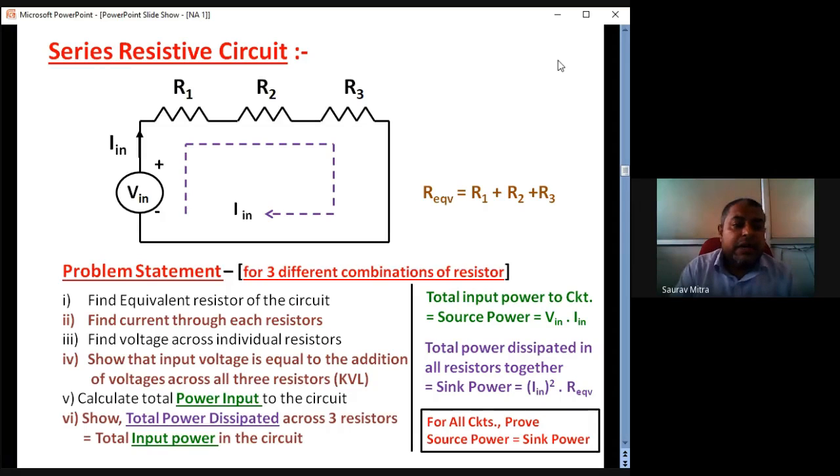So I'll show all the 6 agendas. These are 6 problem statements. I have to show how to solve all of them step by step. Solving numericals is not a big deal for you. You can solve all these things in 5 minutes, but there are certain small issues, cautions and notes in this experiment that I'll try to explain.